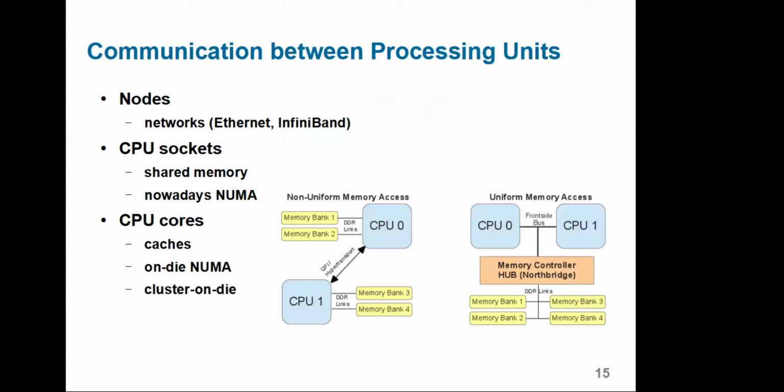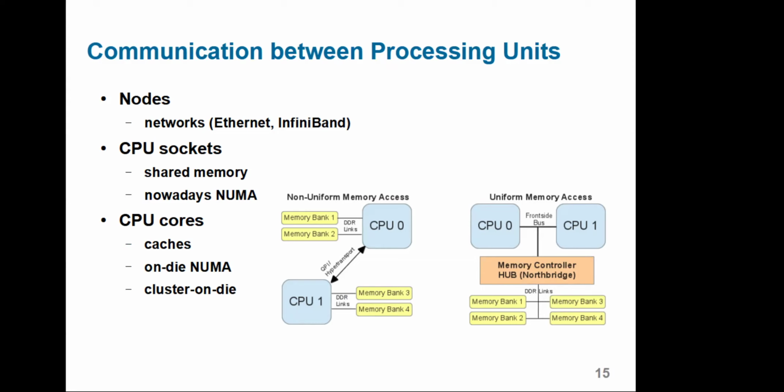Those different calculation processing units are connected together through different interconnection networks. Like I said, those nodes will be on fast Ethernet or some InfiniBand or some Tofu, that kind of interconnect. The CPU sockets, if you have multiple CPUs,